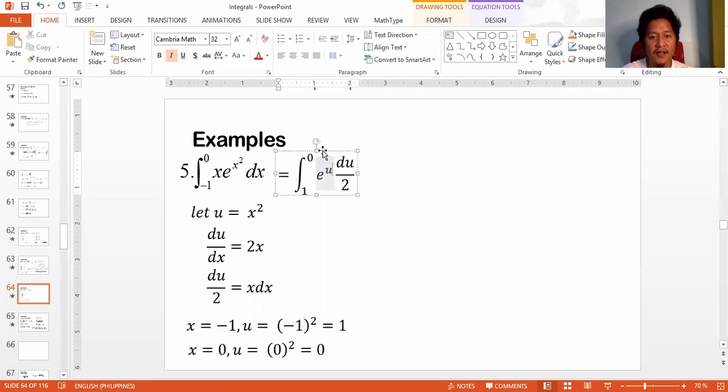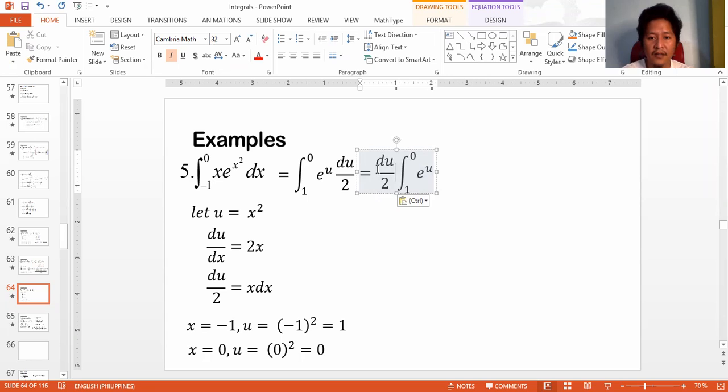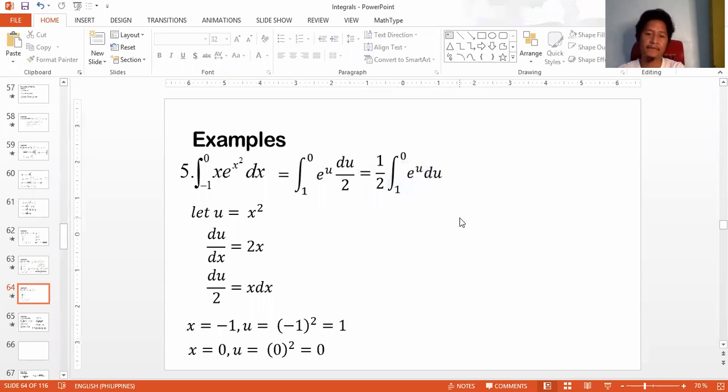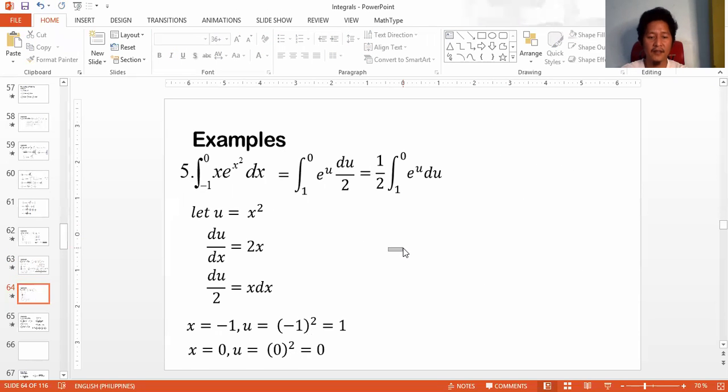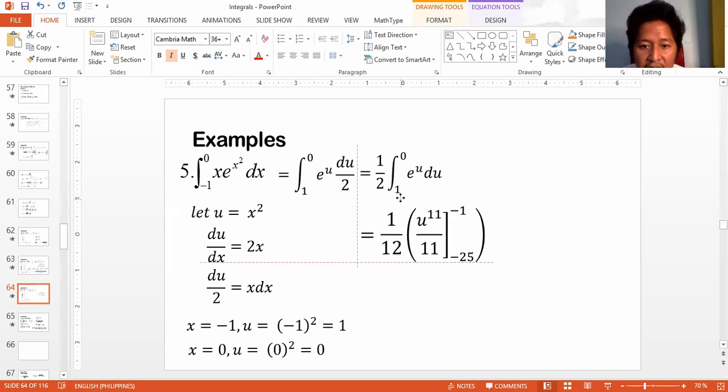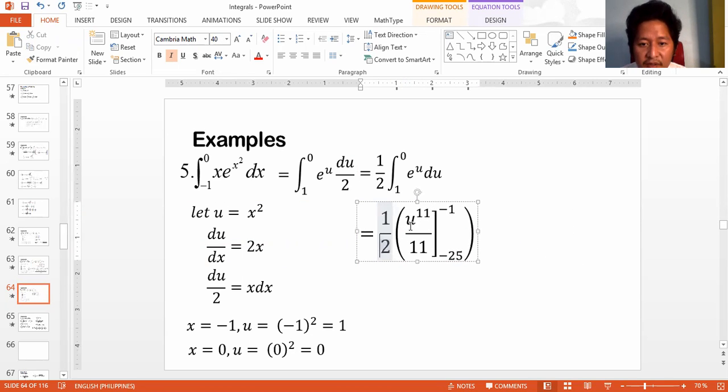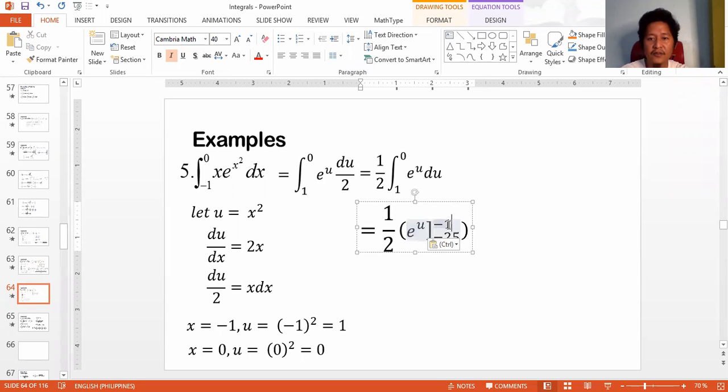O, ganun pa rin. So let's just place again the constant. Dahil may constant na naman, we place the constant na 1/2 sa labas. And then iiwan natin si du sa loob. Okay? Balikan natin ito. Ito ay maging 1/2, di ba? Tapos, ang kagandahan sa e to the u, di ba? Ang integral ng e to the u du ay itself. Right? So this will just become